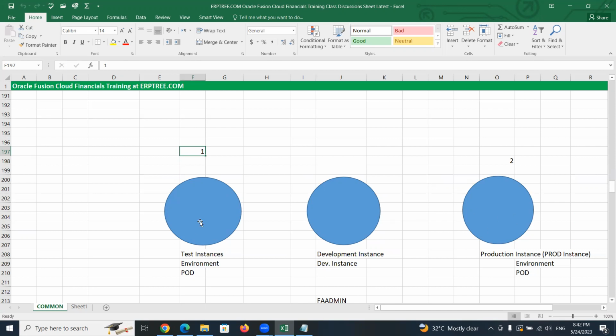Along with these two instances, if you want one more instance from Oracle, yes, you can get it, but you have to pay for that separately. That instance you may use for development purposes. Development purpose means if you are going to create something which is not there in the Oracle provided solution, you can create your own solutions with the help of a technical consultant. You may create one new report. You may create a connection between one application and another which are not already connected. That we call interfaces or integrations, which you can build with the help of the technical team.